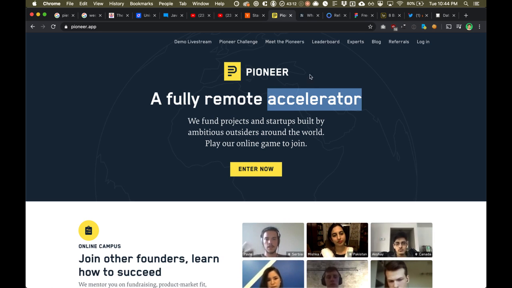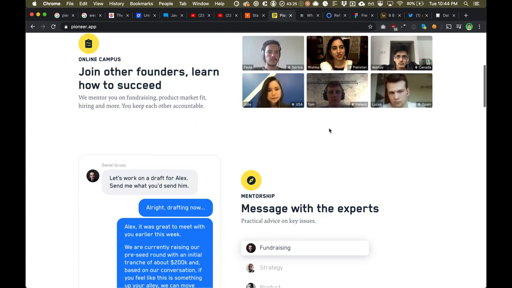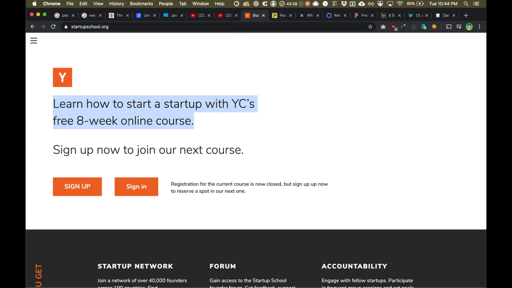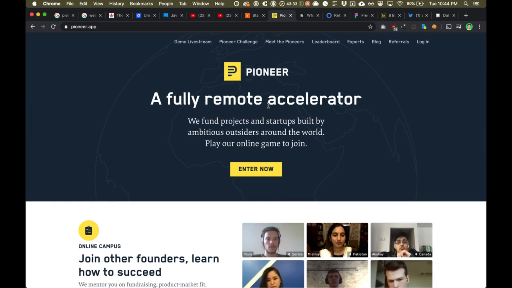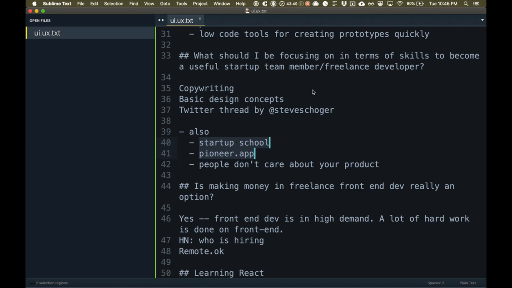And again, you do not have to be looking to join the accelerator. Obviously, it would be great if you could get in and be supported by this team, because they're a really good team. But even just the weekly support and the weekly accountability works similar to Startup School. I'd say this is probably the most valuable free service that I use for my own startup journey, because I get so much great feedback through these people. They care a lot about the community and about the people that are working on things, and it can be really useful to get feedback from them.